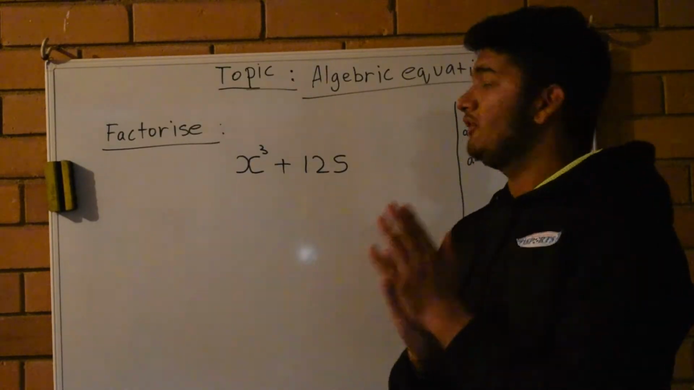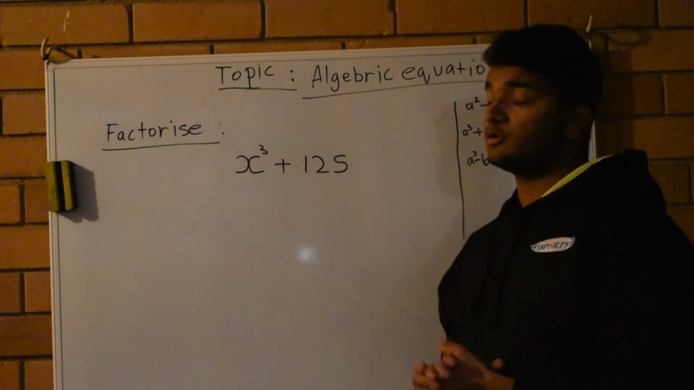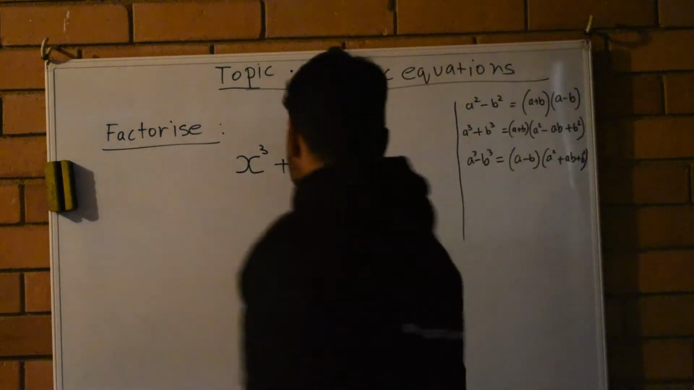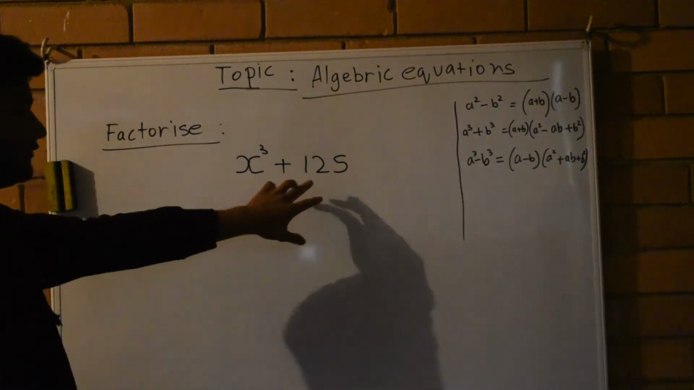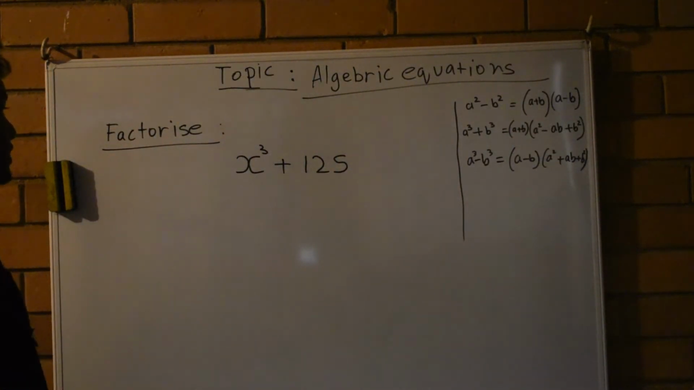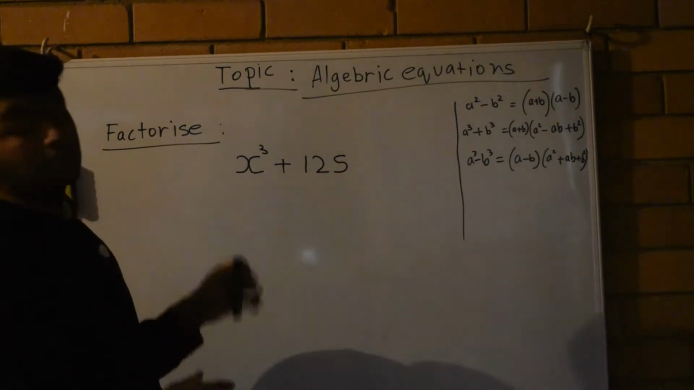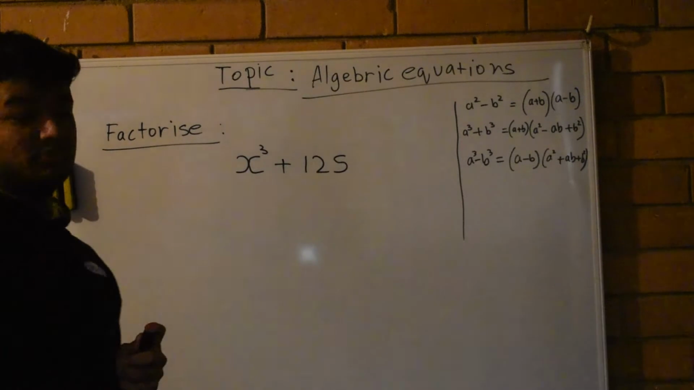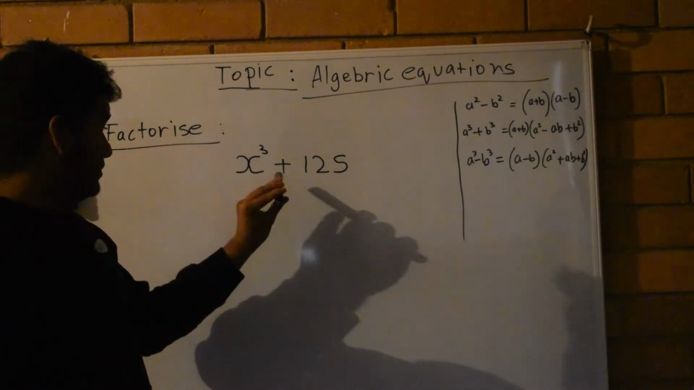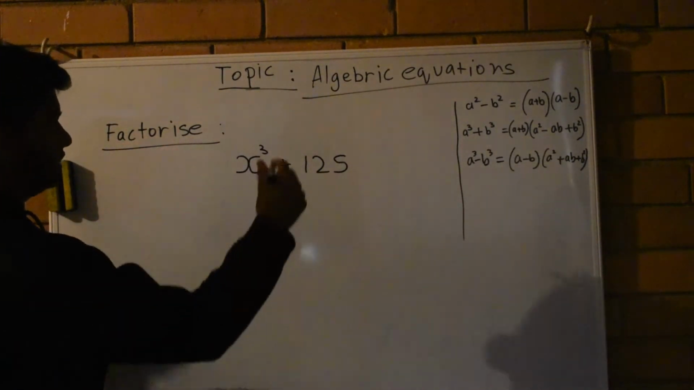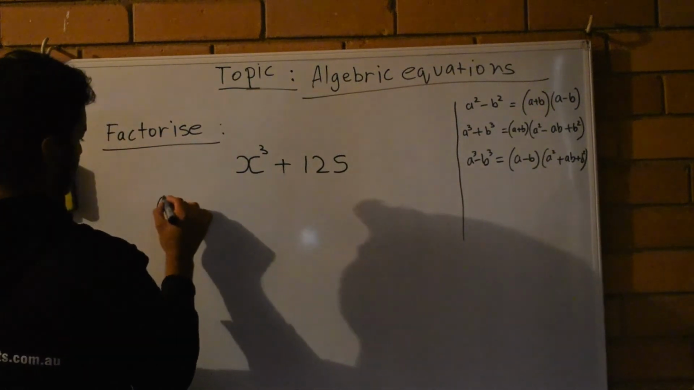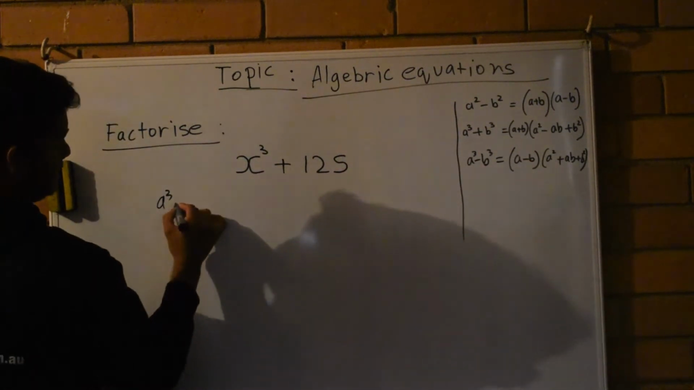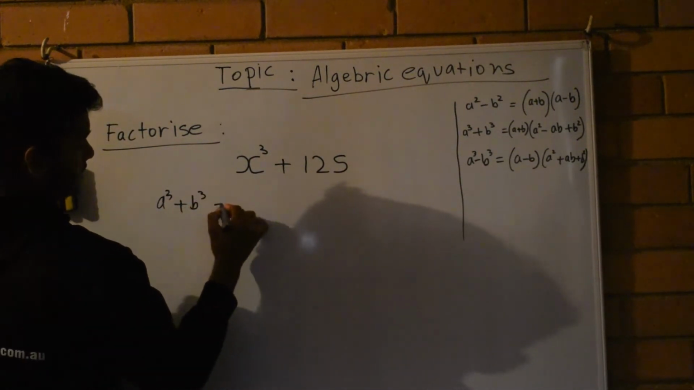Alright guys, so our first problem here is a factorise problem. Let's get started with this one. For this kind of question, there's a term called sum and difference of two cubes. This is a sum, obviously. So straight away, the formula is a cubed plus b cubed equals